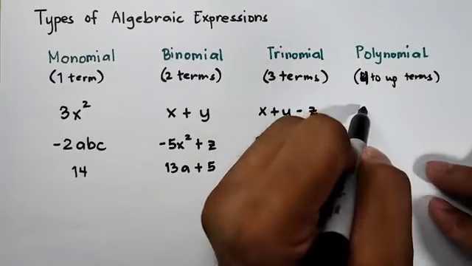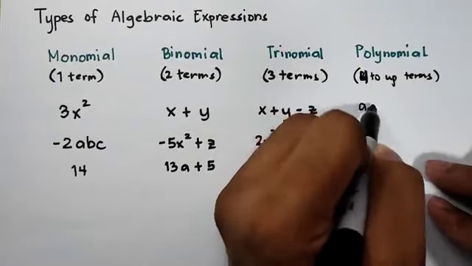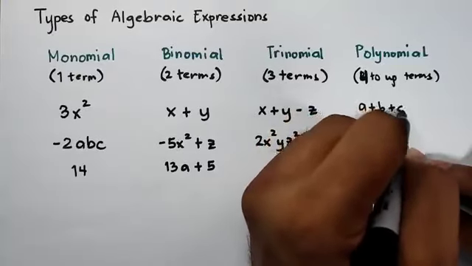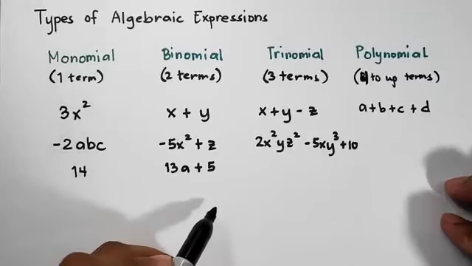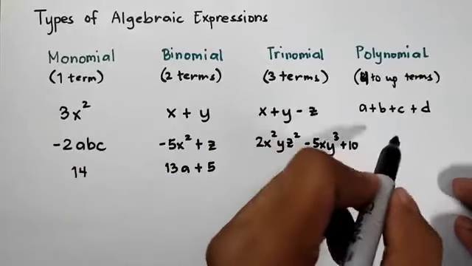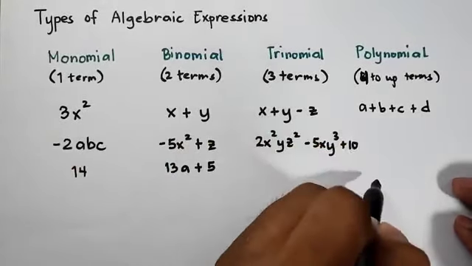We have a plus b plus c plus d. This one is an example of polynomial. Next, so I will use this space. The lower part, we have